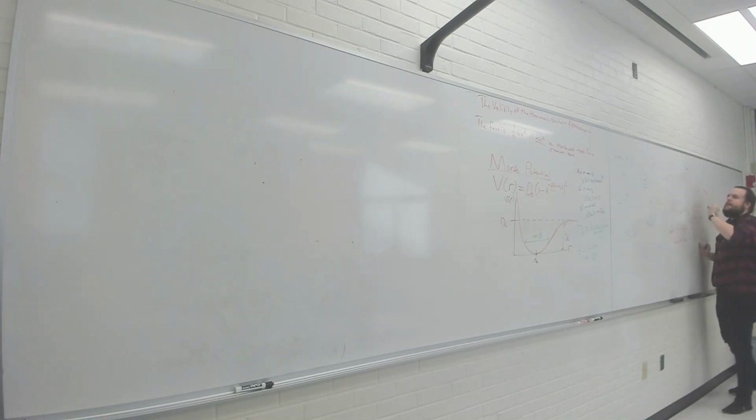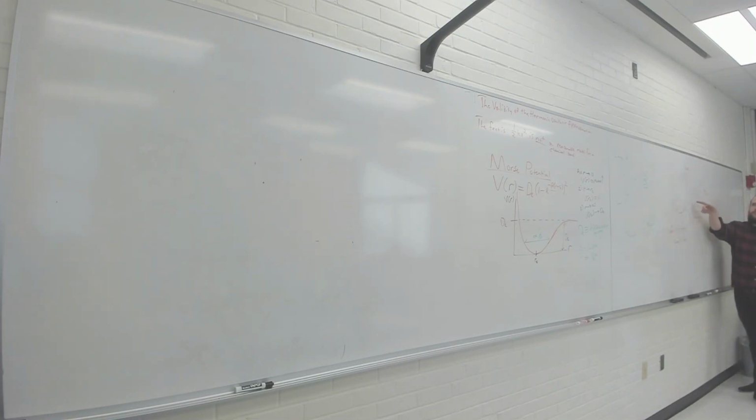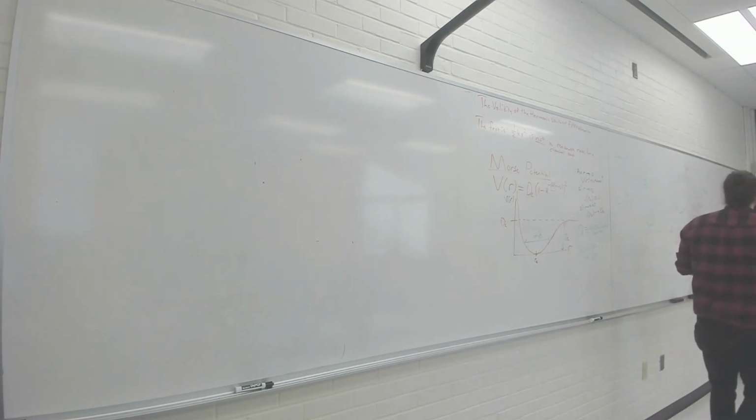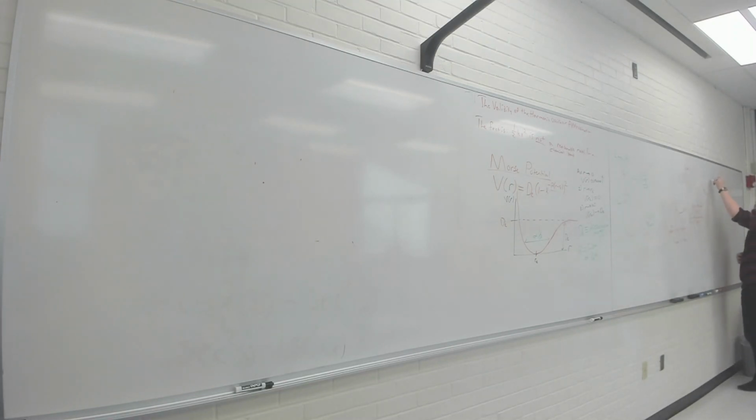We get higher and higher energy, you can see that the potential starts to disagree even more with the harmonic oscillator approximation, right? The closer I get to dissociation, the bigger the disagreement is. So what happens to the energy levels when we go to the Morse potential? They no longer become equally spaced. So in the Morse potential,